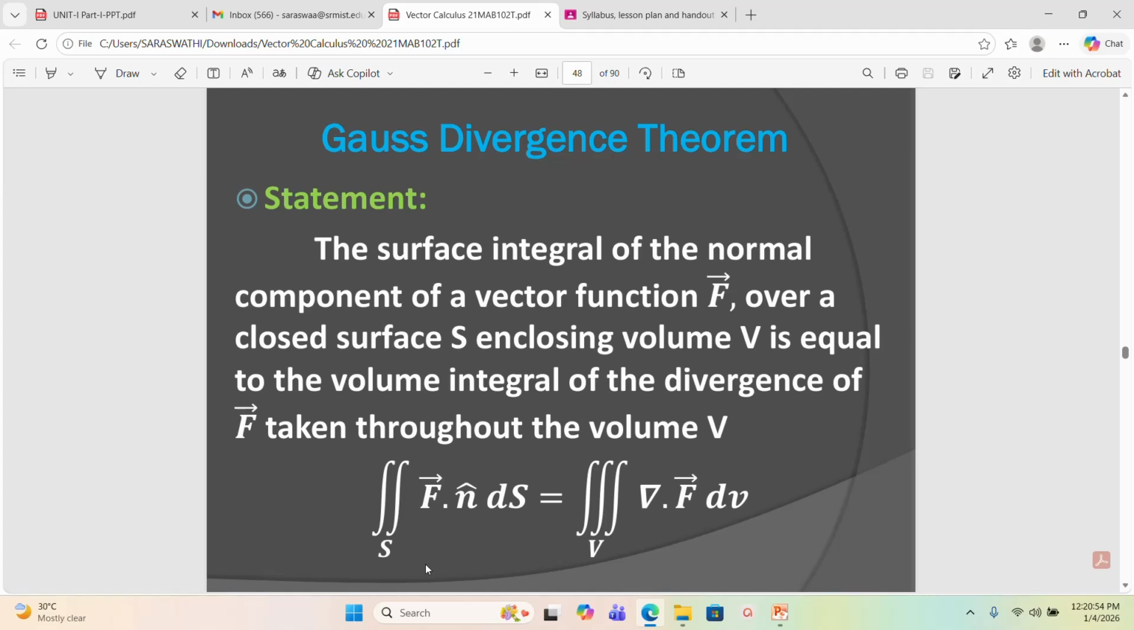Which means the volume integral of the divergence. The divergence formula is del dot f vector. Volume is equal to the triple integral. So the triple integral over V of the divergence is del dot f vector into the volume element over V, so it is dV. So this is the formula. So the surface integral and the volume integral, the double integral and the triple integral, is the formula